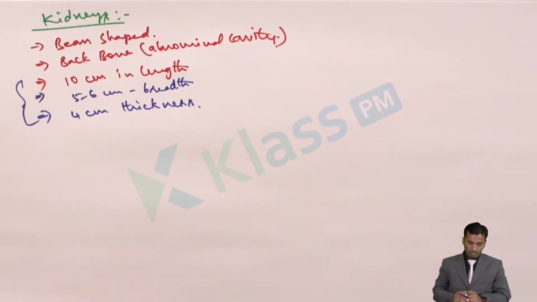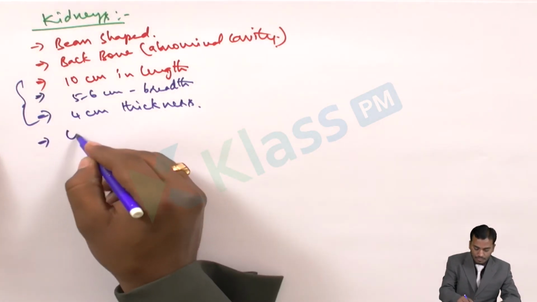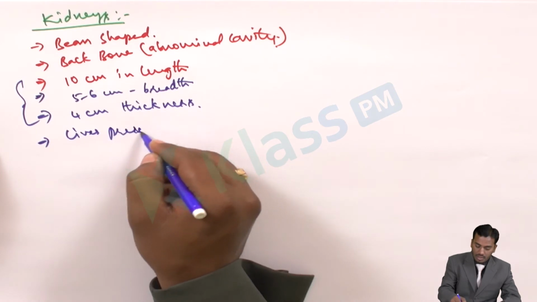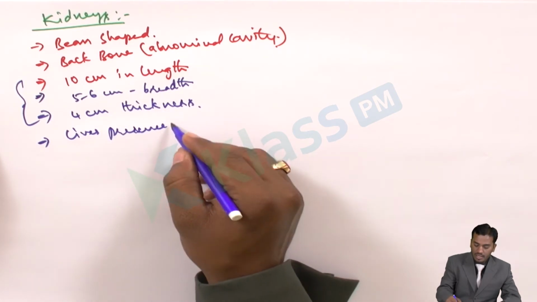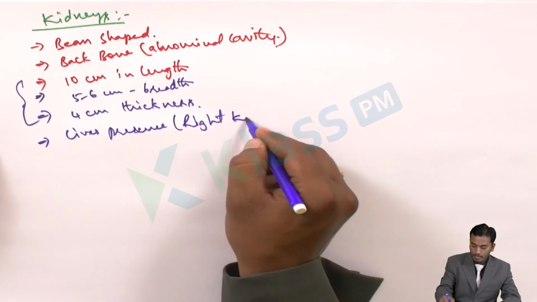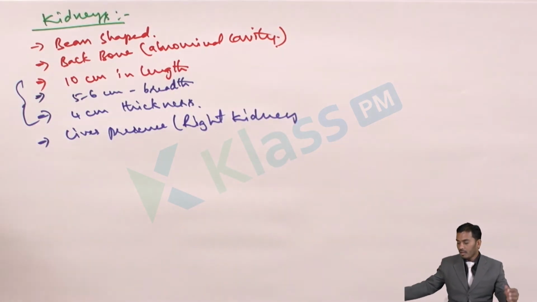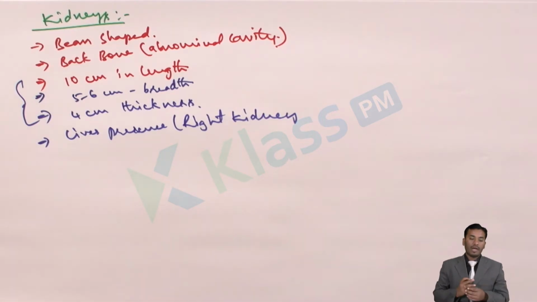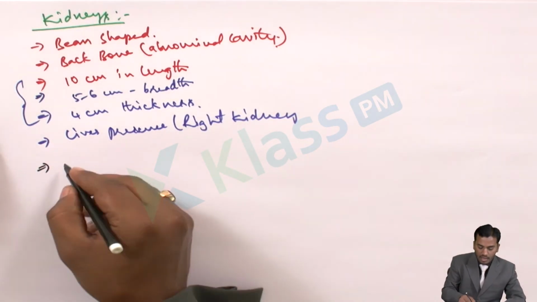So this right kidney is placed a little bit down because of the presence of the liver. That's the reason the right kidney is placed a little down compared to the left kidney. Is it clear? And here we have three things: the renal artery